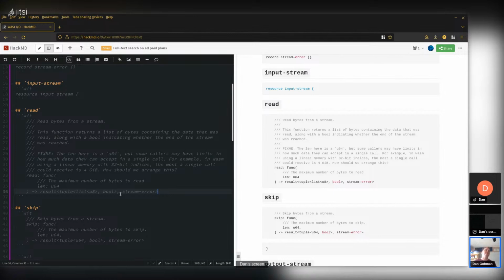But we still should think this through, because there's potentially an interaction here of when it does fail: do you want the read call to just fail, or do we want it to fall back to, well, we'll give you the biggest buffer we can? But then how big should that be? Even in WASM32, you might not be able to allocate the full 4 gigabytes. So what if you try to read and we can't allocate the whole buffer?